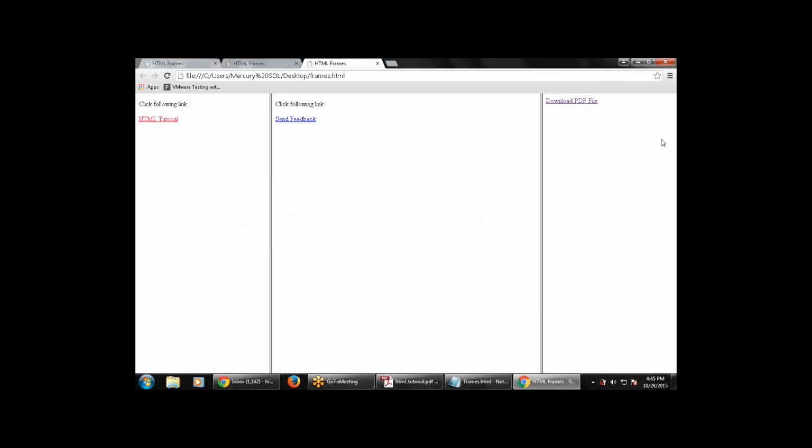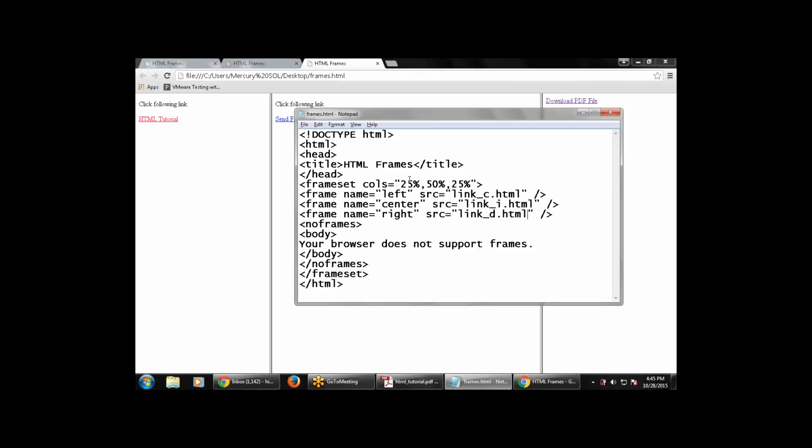So these are available in three formats: the same browser window is divided into three parts, and each part contains a separate HTML document. This is the first part, the second part, the third part. Look, this is 25%, this is 50%, this is 25%. If we change the values to 33, 34, and then again 33,